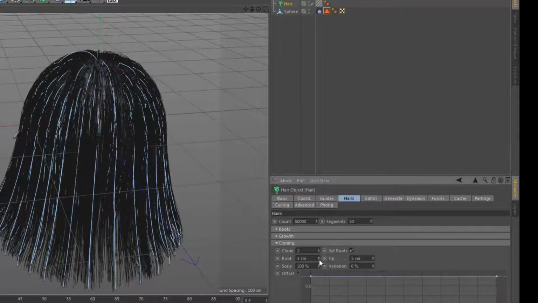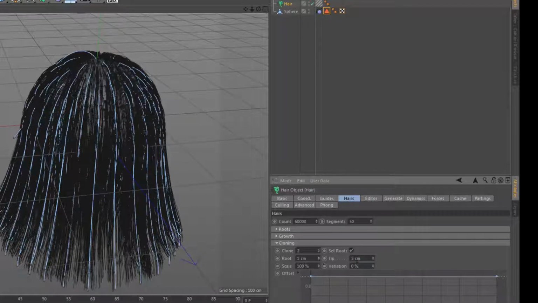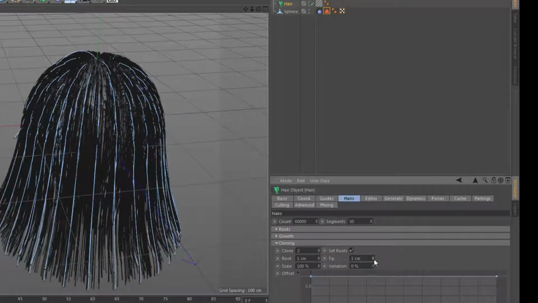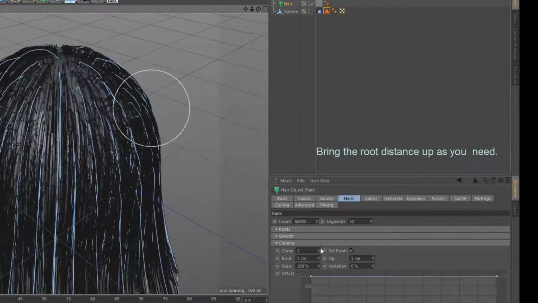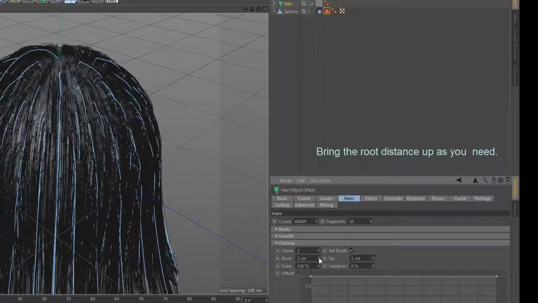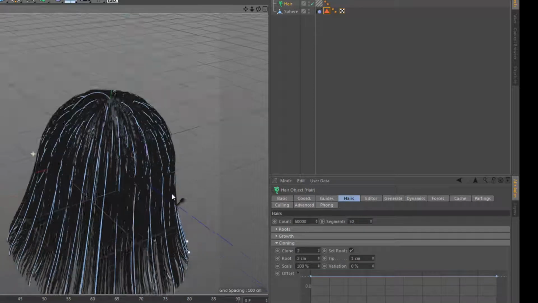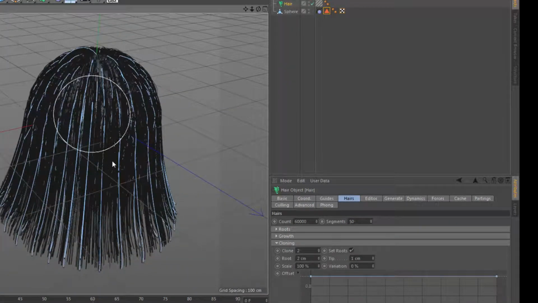By decreasing this, it's going to get closer to the original hairstyle, but we want to have at least some kind of distance away from the root, because this is what's going to help us get out of this problem with this intersection. So I'm going to just go, for this particular sake, the root to be at 2 centimeters. Now if you want more control, so that when you've got a very specific hairstyle, you want to use this offset for this